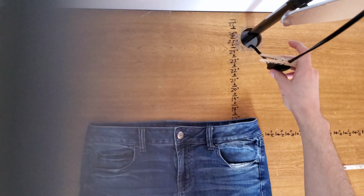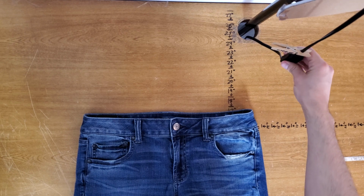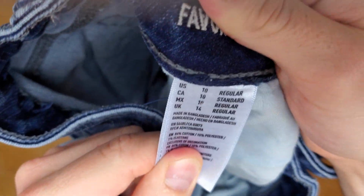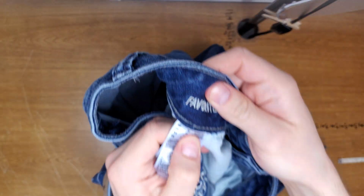So let's hop on over here to my jean setup. Let's get this camera set up here. It's easier for me to see. All right. So I'm going to start here with these American Eagle jeans. They're size 10 regular. That's all it says, size 10 regular. So it doesn't tell you the inches, doesn't tell you how long. Regular means regular length, but what does that mean? So let's hop into the first measurement,